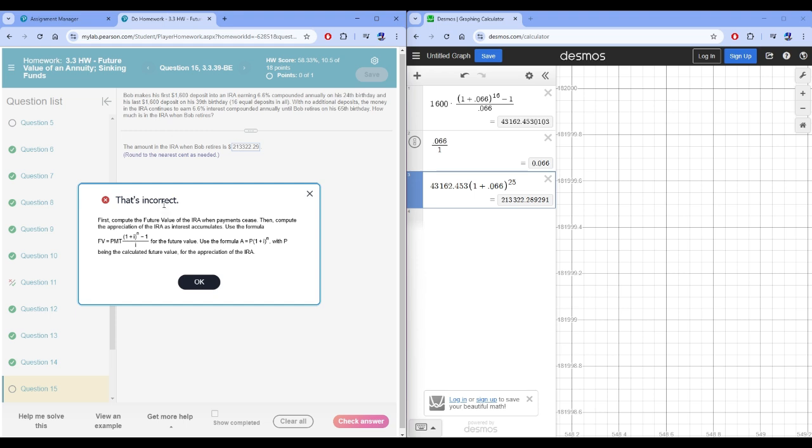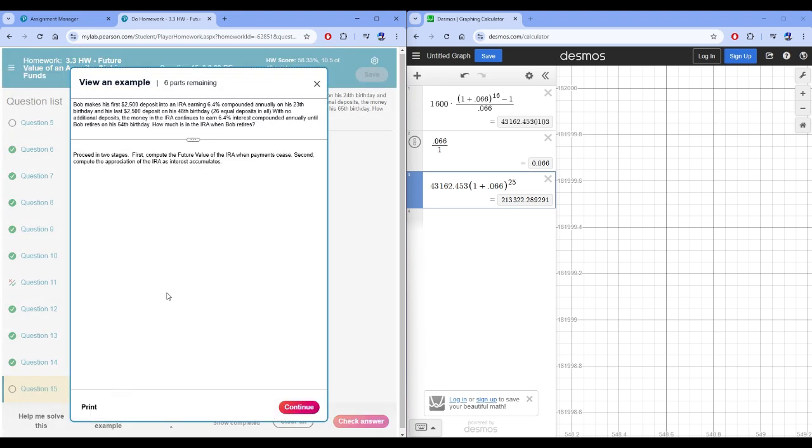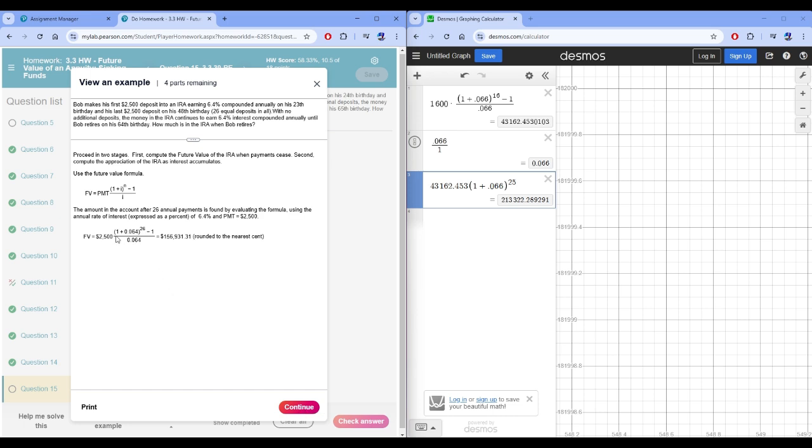Okay, use the formula. First find the future value of the IRA when payments increase. Then use the formula with P being, I did that. So let me just view an example. Let's see where we made a slight mistake. I'm probably off by very small. 1 plus 0.06 raised to the